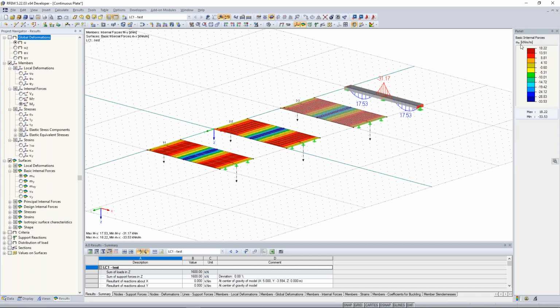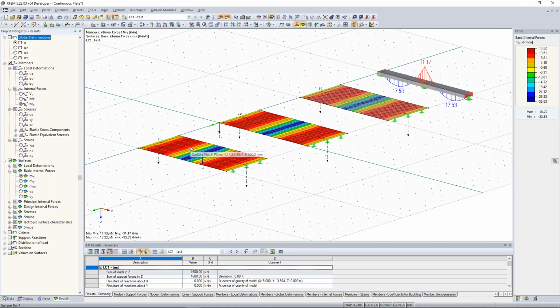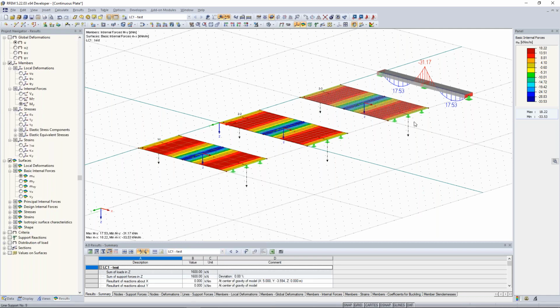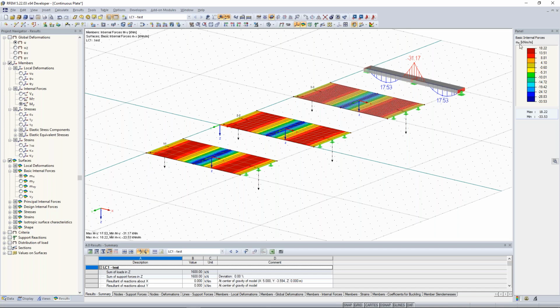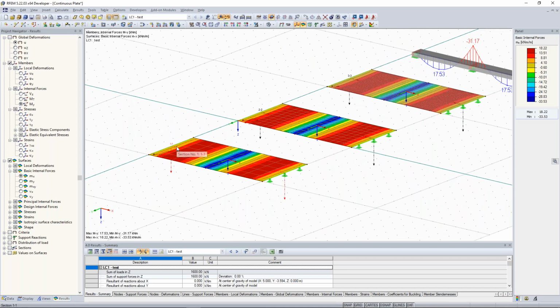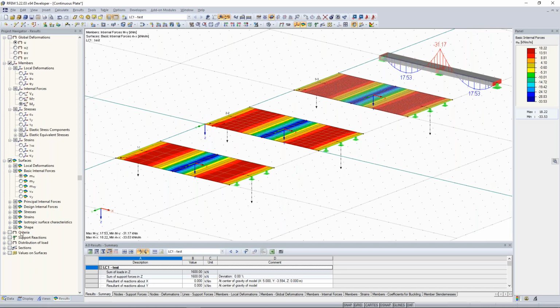Now I see the basic internal forces mx. Mx means every surface has a local axis system. By right clicking, I can show me also the local axis system of the surface. So right click on the surface here, local axis system on off, I can show me the local system. And the basic internal force of mx says me that these bending moments, these internal forces, are along the local x-axis. Yeah, and this is, I think, very clear because we have here field moments, here negative moments, like here at the beam. So in order to see the results better, I activate